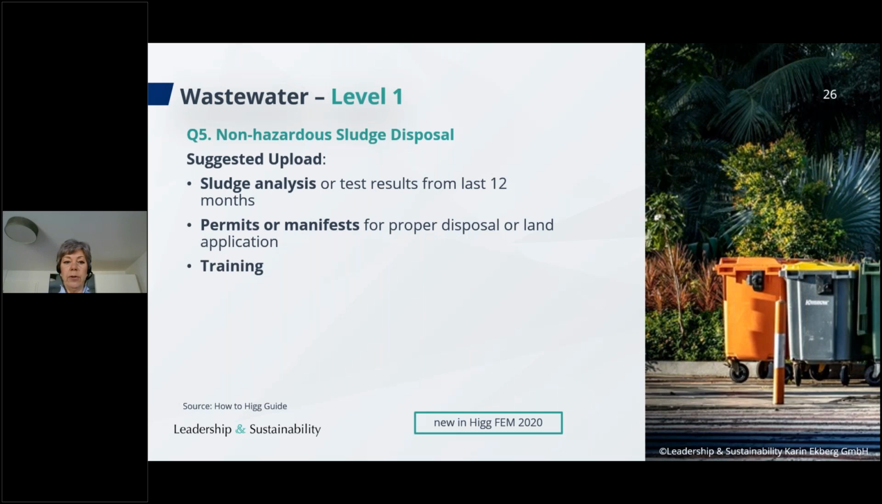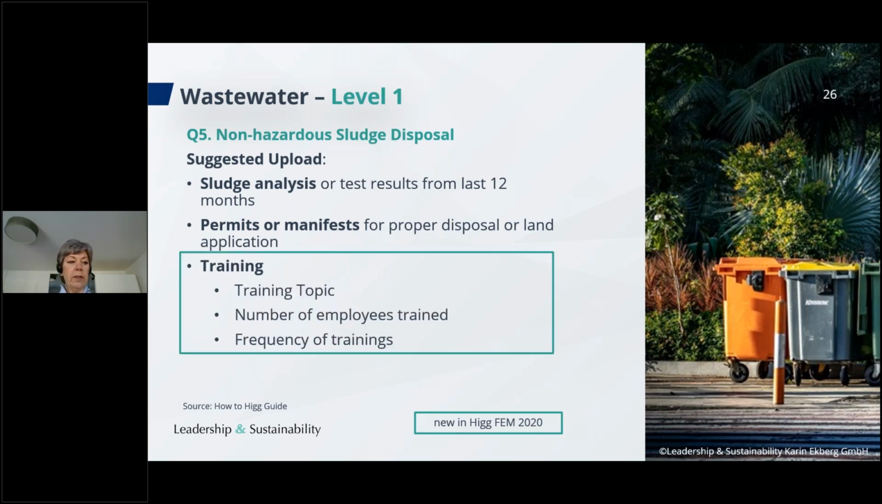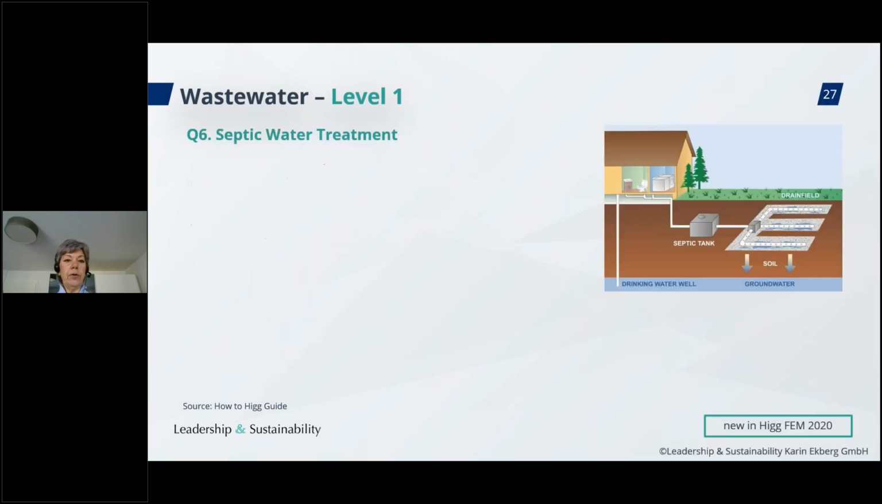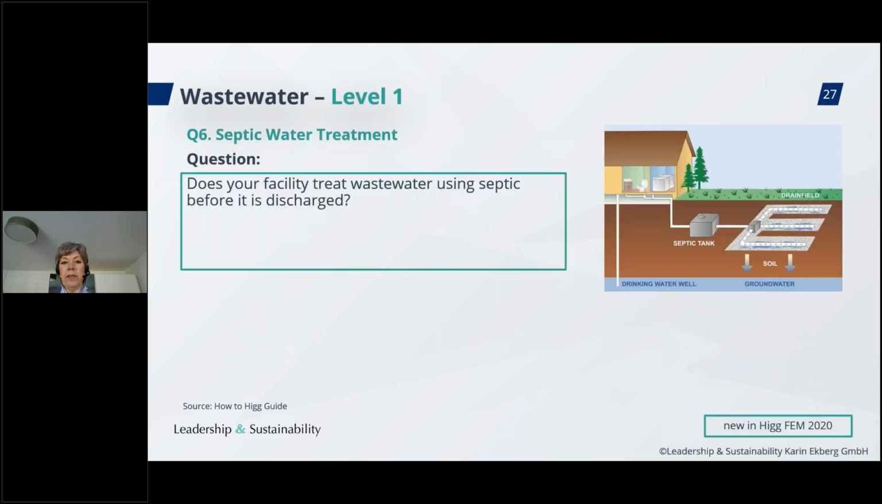that is applicable to you. And then the training topic, number of employees trained, and the frequency of trainings. And you see this also throughout all sections in the Higg FEM, that training has been given more focus now in 2020. All right, and then for those of you who have domestic water treatment or domestic wastewater that is